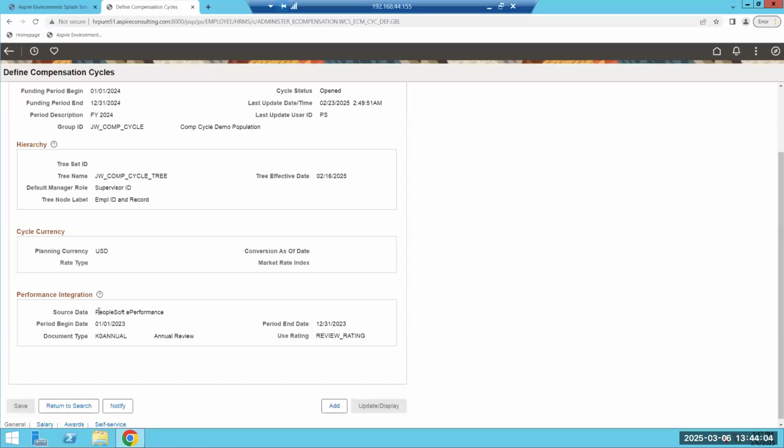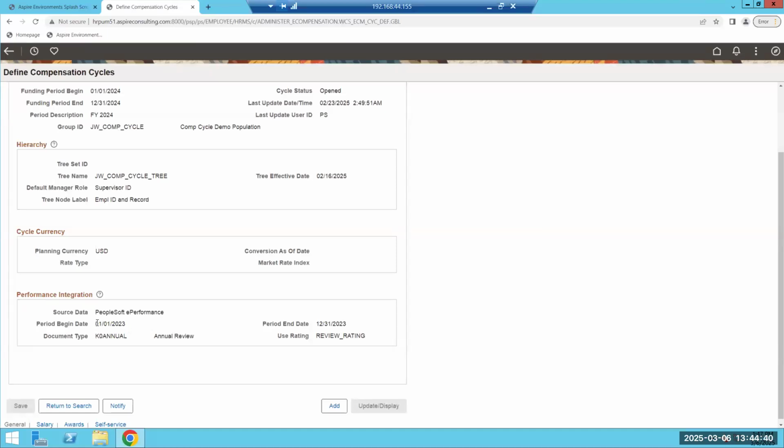For performance integration, our sources are either PeopleSoft ePerformance, in which case it's going to utilize the ratings from your performance documents out of your ePerformance system in PeopleSoft, or the other choice is Other. If you select Other, then there is a table. I had it noted in the slide deck: WCS EPA PVR. There's a table where you would load in